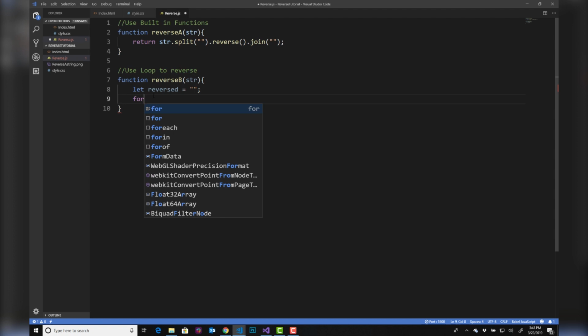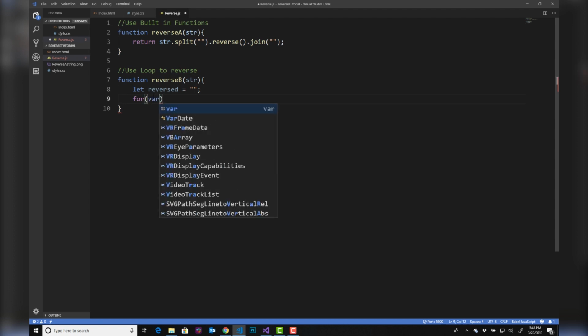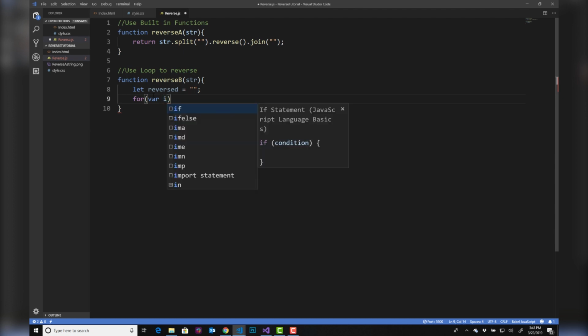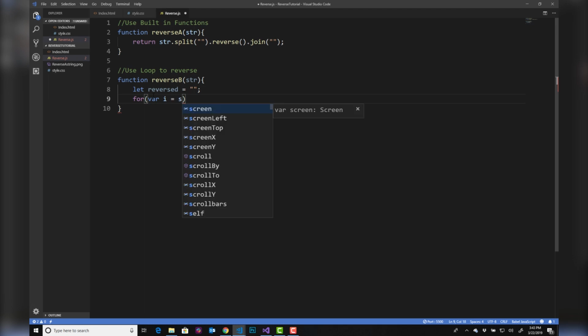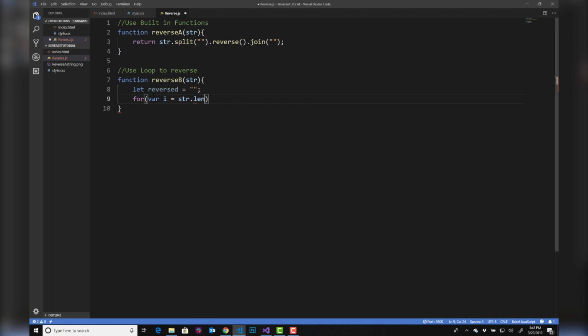Okay? Pretty easy. So to do this, we need a loop, and so I'm going to declare a variable called i, and the i will be for our index. And it is going to be equal to the string that's being passed in, the length of that string,